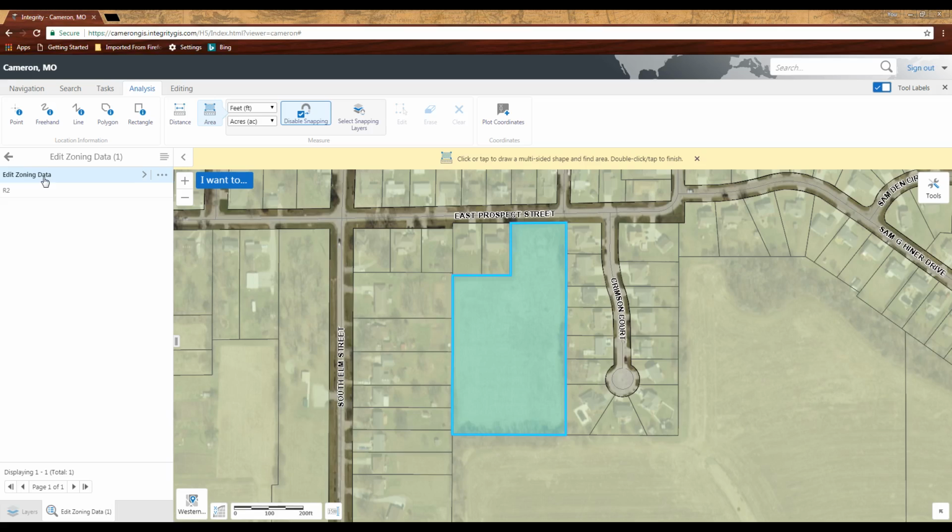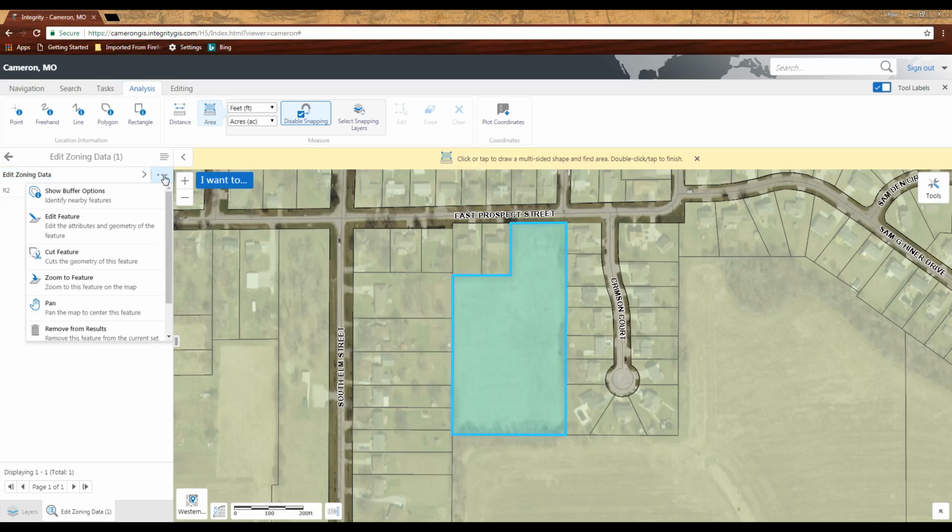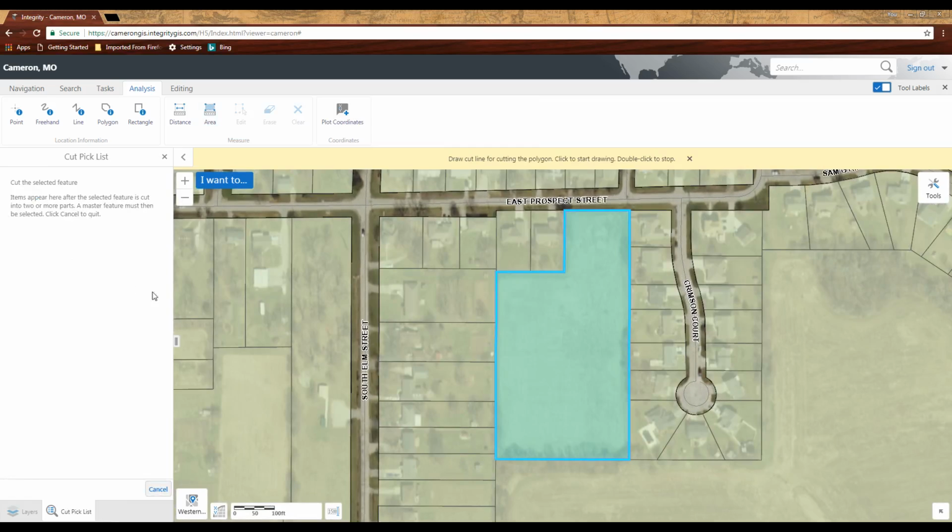I clicked on the zoning layer over here, and then we'll want to click on the feature actions drop down, those three dots, and then you can see we have a cut feature functionality now that's accessible within here. So if I click cut feature, I can now move my mouse over here, and you can see how it's snapping, since I turned the snapping on, to the corner of that parcel. And it's just going to be a freehand line, so you can see it's going to let me drag that, and now it's going to snap directly over to the edge of that parcel. So as soon as I double click,